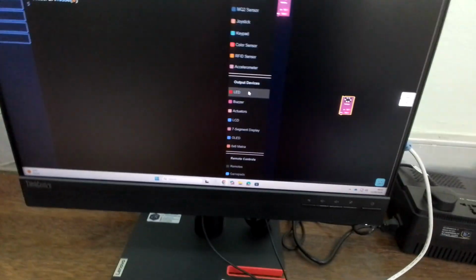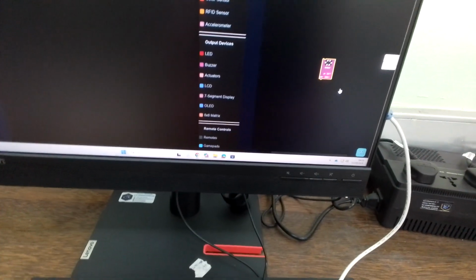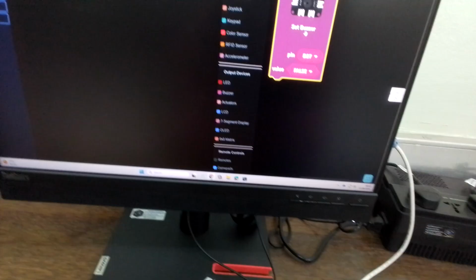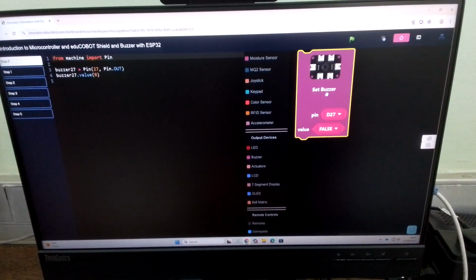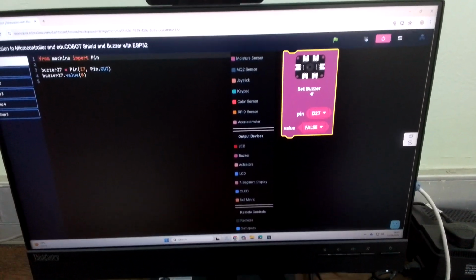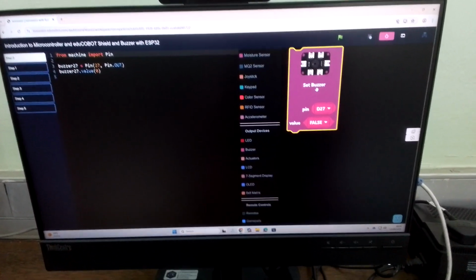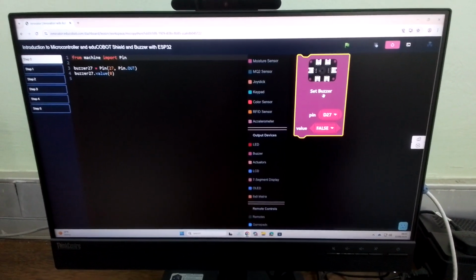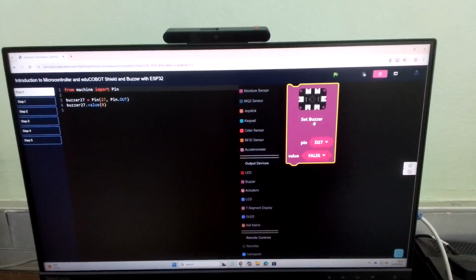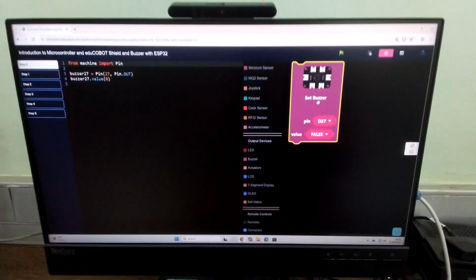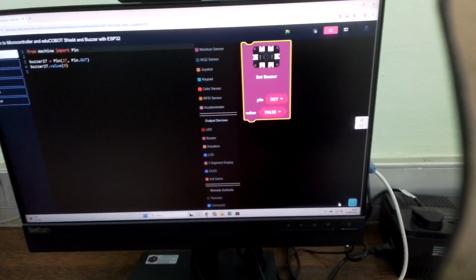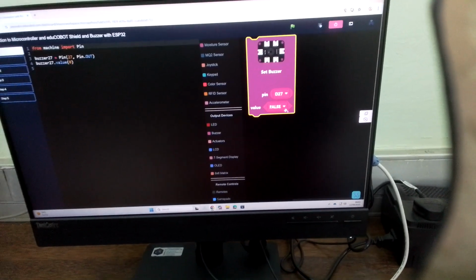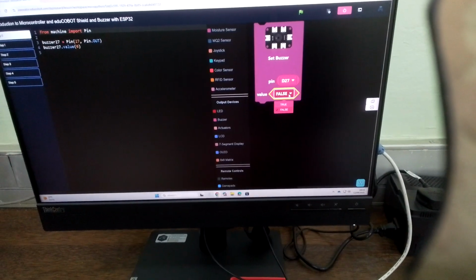And then we can even enlarge it. We can enlarge the code so that it's seen. So this is a buzzer, and we have the D27 pin which is connected, and we have the value which is false. False means that the buzzer is turned off, whereas true would make the buzzer beep. So we change this from the drop down menu to true,